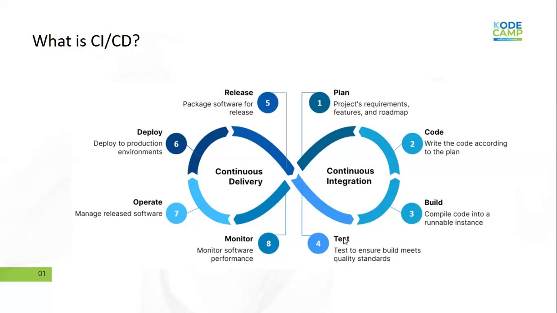Now you can see CI/CD is what? Continuous integration and what? Continuous delivery. So these 8 pillars of a software development life cycle are continuous. That is what continuous integration and continuous delivery is. With one single system set up, you can plan, code, build, test, release, deploy, operate, and monitor with one single setup.